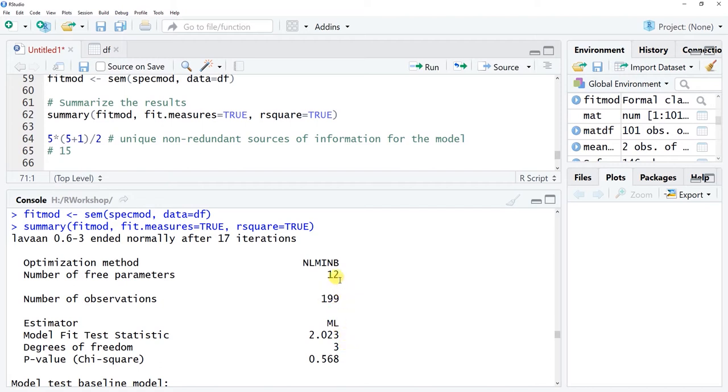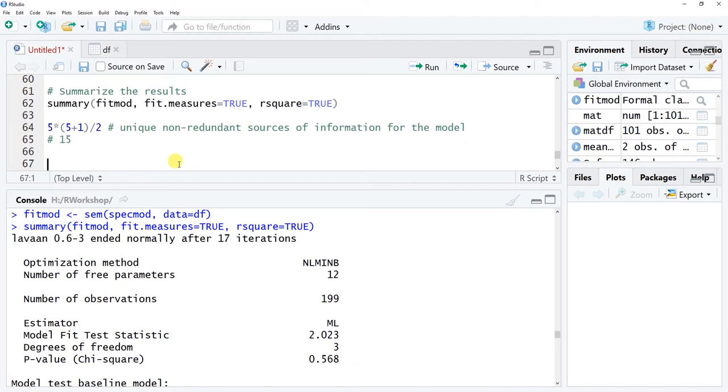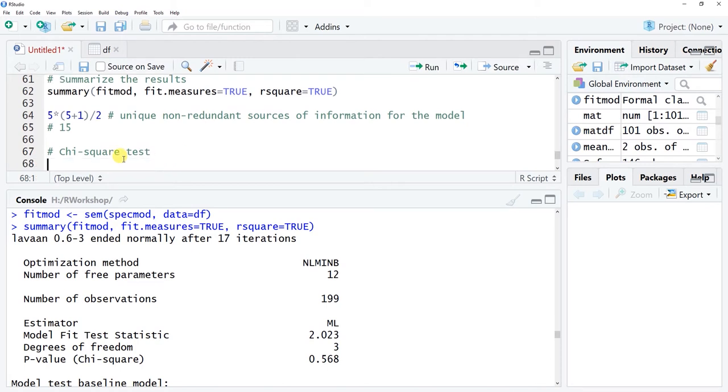Okay, so what we're going to do is work through 5 common model fit indices that help us assess the extent to which the model we've specified fits the data. Okay, and so we'll start with the chi-squared, or chi-square test. It's not super nicely labeled here, but if you look at the model fit statistic, this is the chi-square statistic here, the chi-square value. It's 2.023. It's not very informative to see that by itself. What we're really interested in is that chi-square in relation to the degrees of freedom, which gives us a p-value